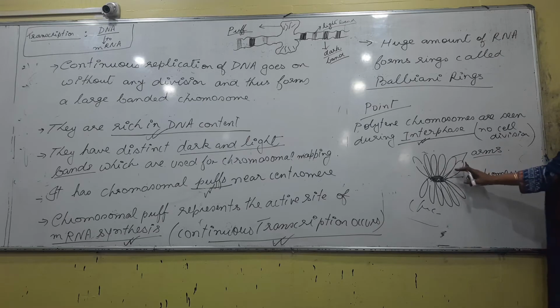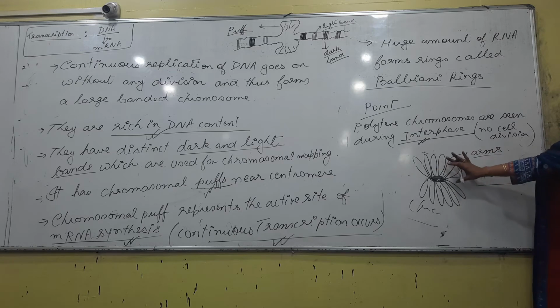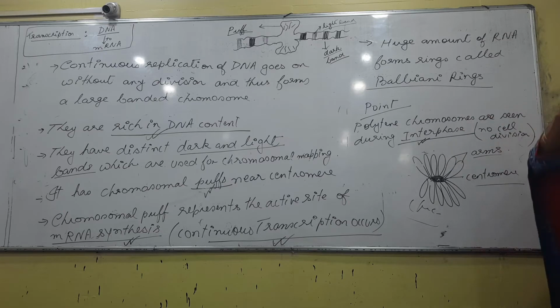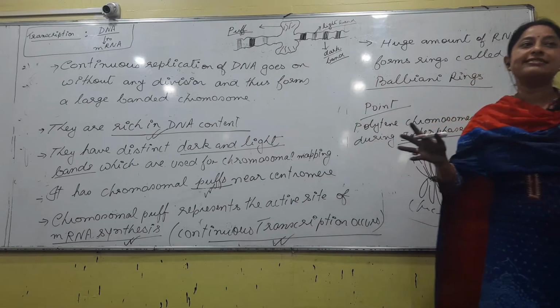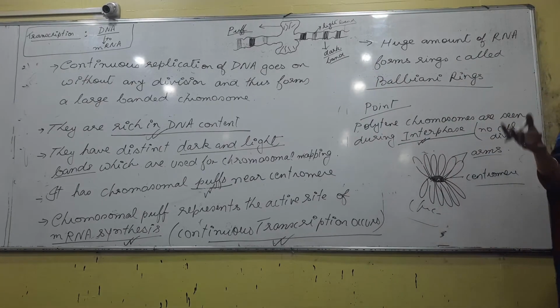So if the arms are all attached, there will be DNA in the arms, right? So the DNA content will be more. When DNA is more, then continuously RNA will be formed there, because we will have to talk about something called transcription and translation later, right? How DNA replication happens, how proteins form, these words we will cover later, okay? So as of now, what happens in the polytene chromosome? First, chromosomes replicate, they do not separate. Second, continuous transcription keeps on occurring. Yes or no?